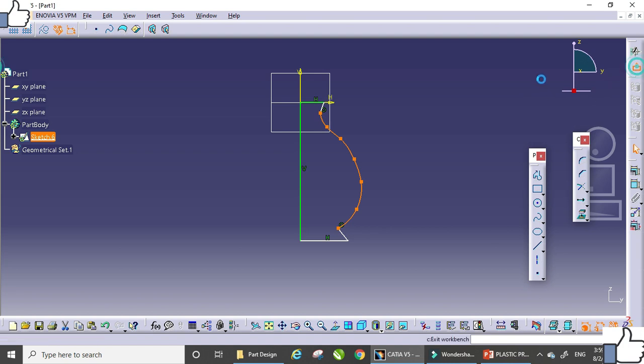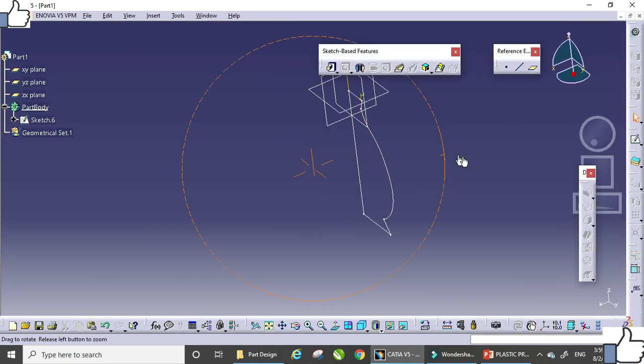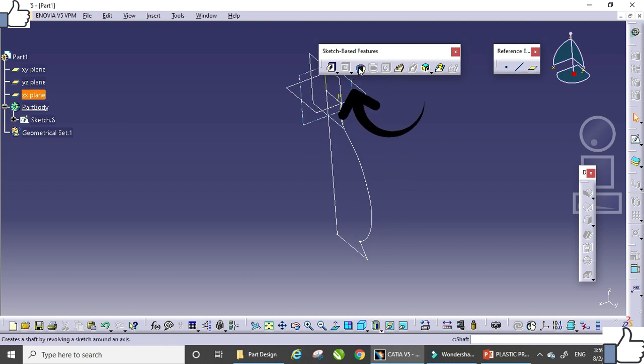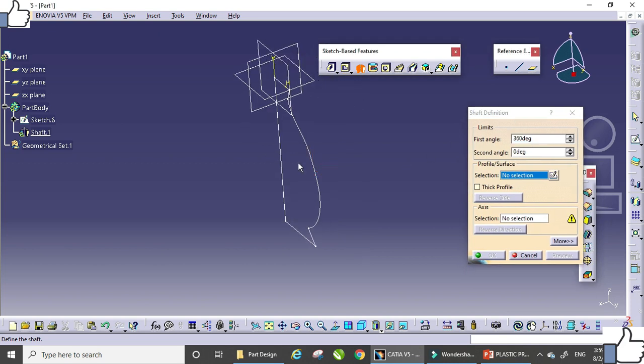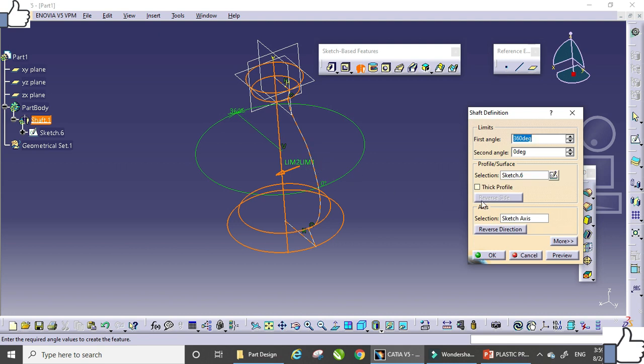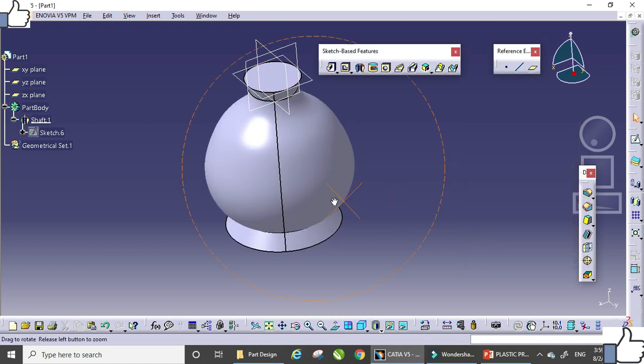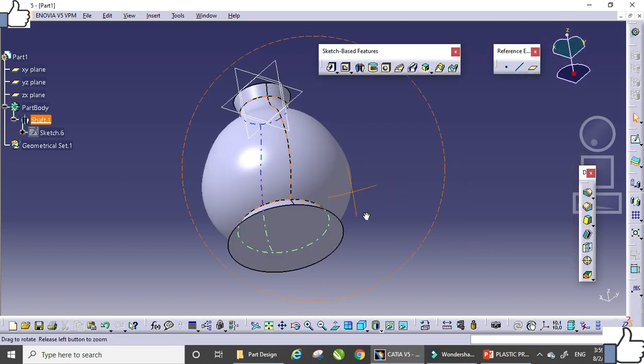Now exit from the sketcher workbench. Now we will select the shaft command. Just click on shaft. The shaft definition pop-up comes in front of you. You have to select the sketch first, and then select the axis, this center axis, and click OK. So you can see the shaft here.